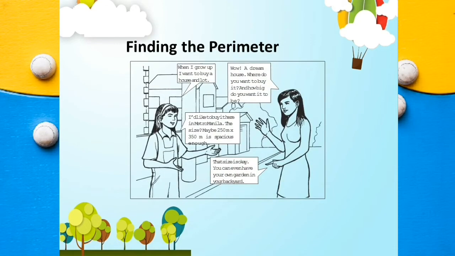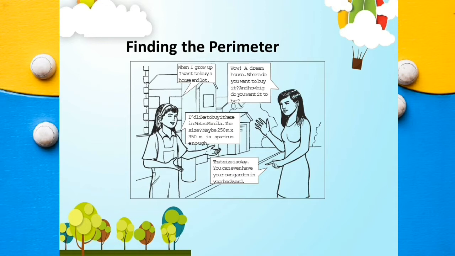So, finding the perimeter. We have here two persons in relation to each other. The first person, so two girls, she says, I want to buy a house and lot. Then the other responds, where do you want to buy it? And how big do you want it to be? Then the other answers,